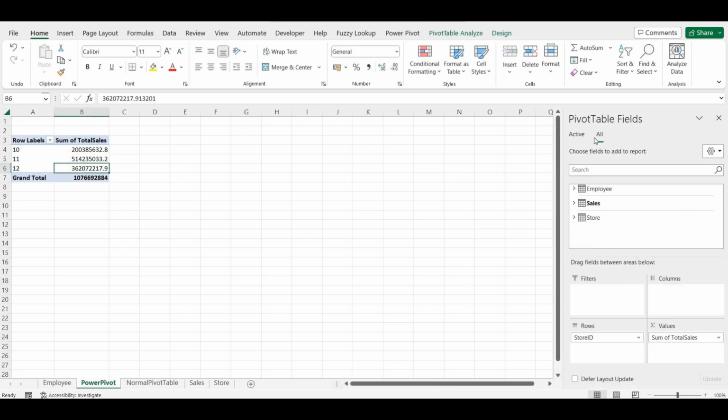Now if I come to this active one, you can see that store ID is present and total sales amount is there, sum of total sales. Now let me choose from all data sets. If I expand sales, the store name is not present over here. But if I click on all, click on store, and bring the store name over here,